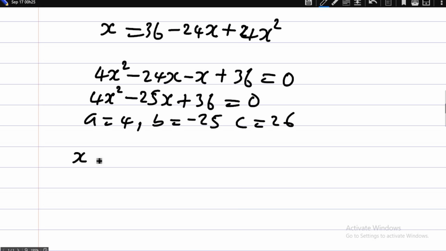26. And I have that x is equal to, the formula is minus b plus or minus the square root